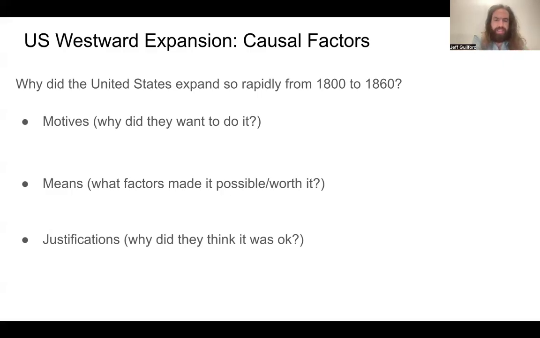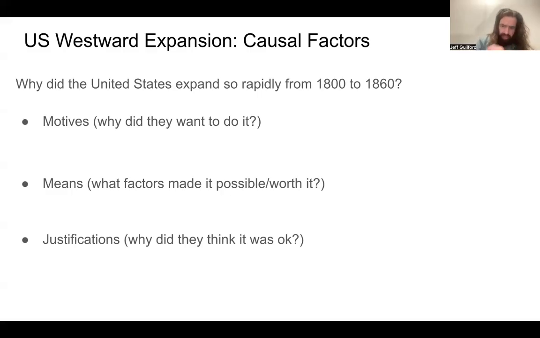How is the US going to do this? What makes it possible? Well, first of all, the US's large population, as we've already talked about. And another key factor that's happening here is the Industrial Revolution. So, as the Industrial Revolution is starting up in the US, this is going to unlock new technologies that are going to make it way easier for the United States to go out and project power deep into the continent.